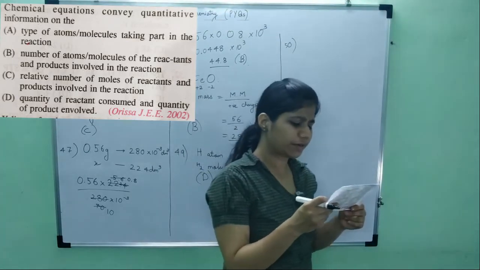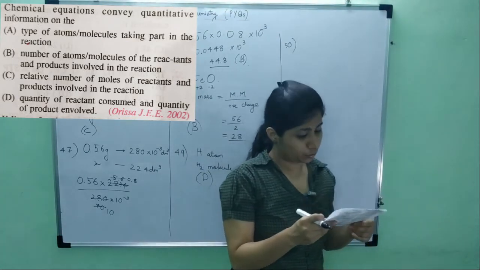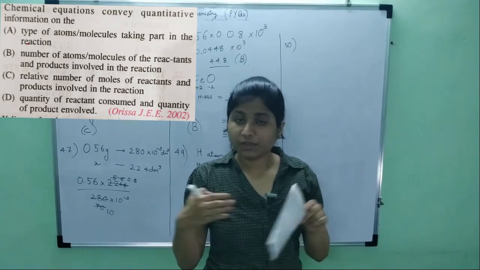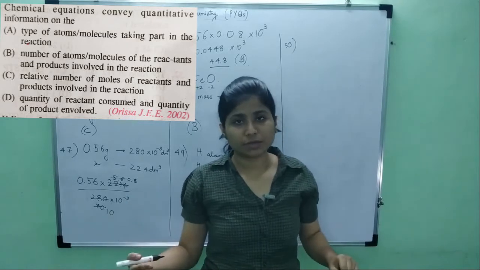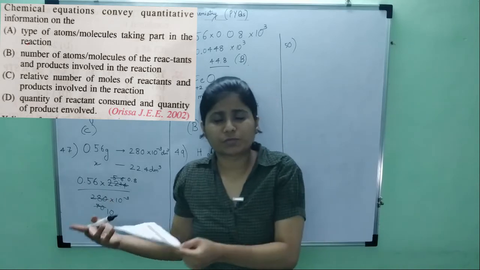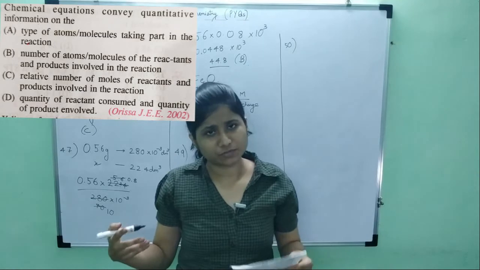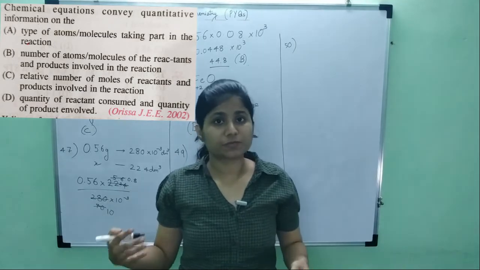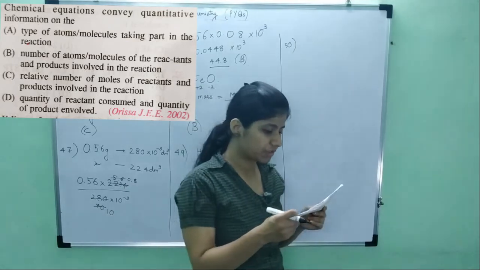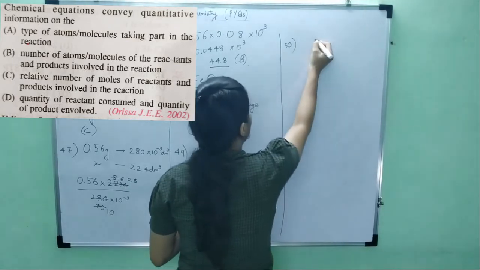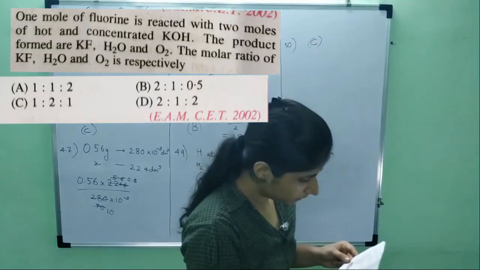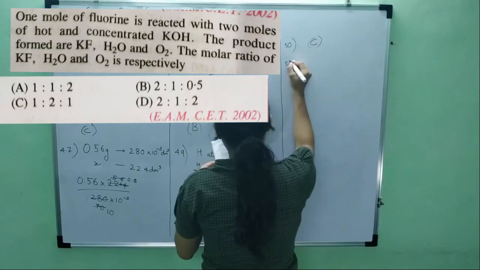And quantity of reactant consumed and quantity of product involved? No. This is what we can find only when, along with the chemical reaction, we have other information like how much amount of reactant is taken or what amount of product is evolved. So some of this information can help us find out the quantity of the reactant or the product. So the right answer is option C. Right? Now the next question is,